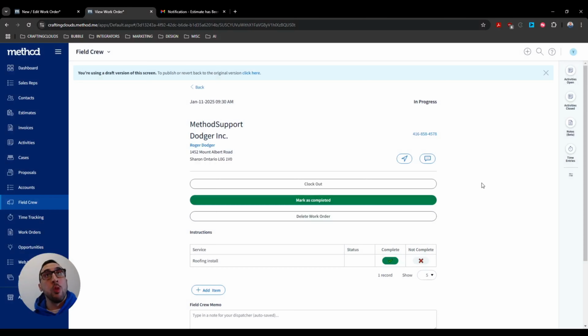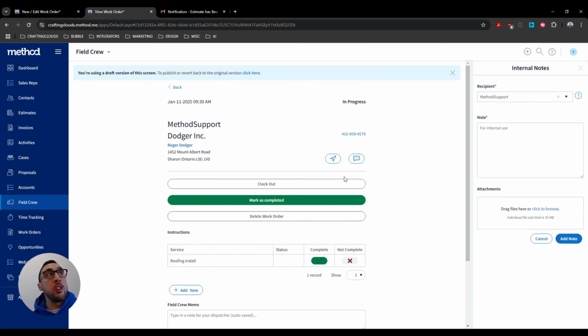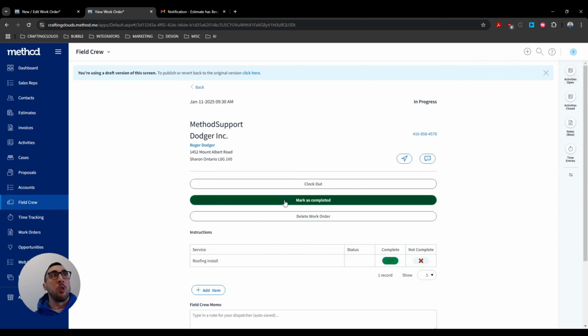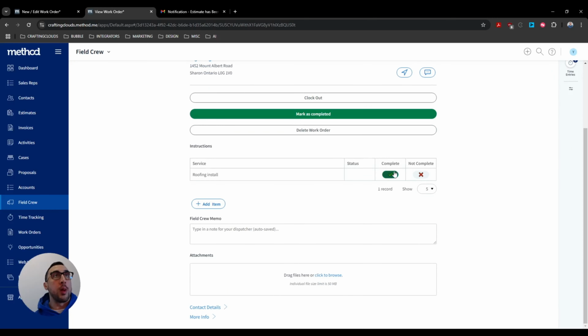So this is really cool because now this enforces that I have to go in, and even though I want to clock out for the day, let's say, or against a particular item, I have to basically report what I've done, right? I shouldn't be able to log time against something where we're not able to see, well, what was done in that time, right? So I can go ahead and add in my notes here, click add note. It'll go ahead and it'll allow me to continue to clock out and continue on with my day and complete